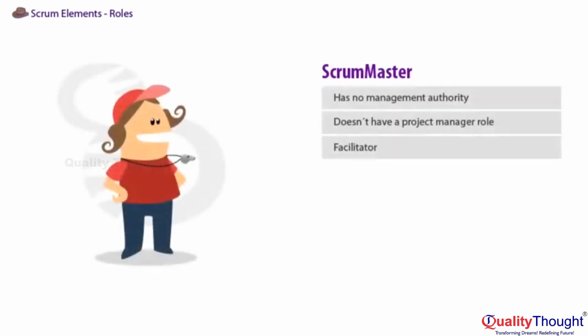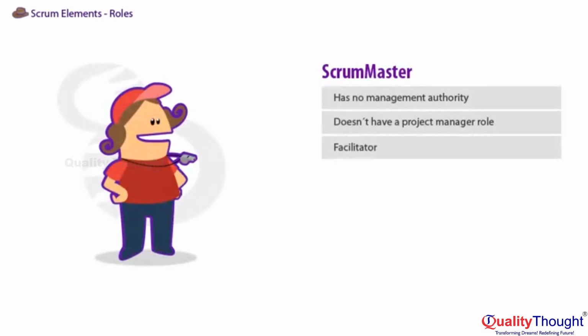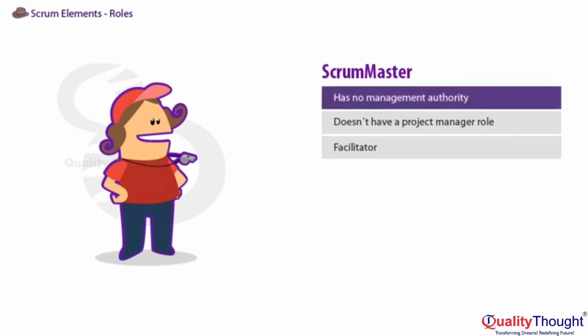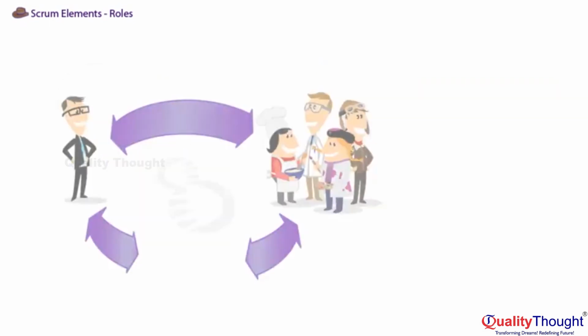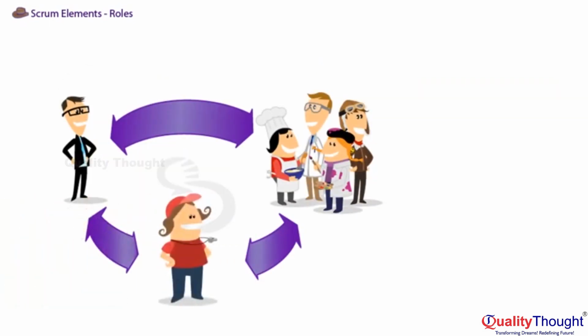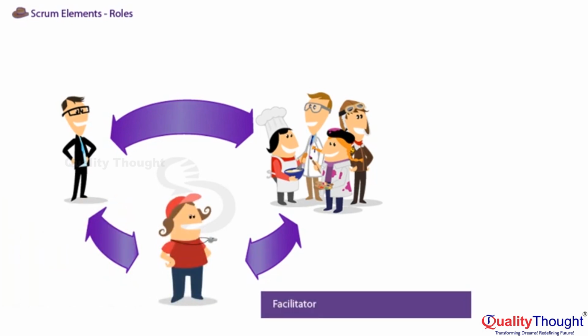The Scrum Master is the most misunderstood role in Scrum. If I'm your Scrum Master, you're not my Scrum slave, it's the opposite. The Scrum Master has no management authority over the team. If you are the project manager or line manager of the team, by definition, you are not the Scrum Master. Scrum intentionally leaves out the project manager role. The responsibilities of project management are split up among the product owner and the team, with the Scrum Master acting as a kind of facilitator.